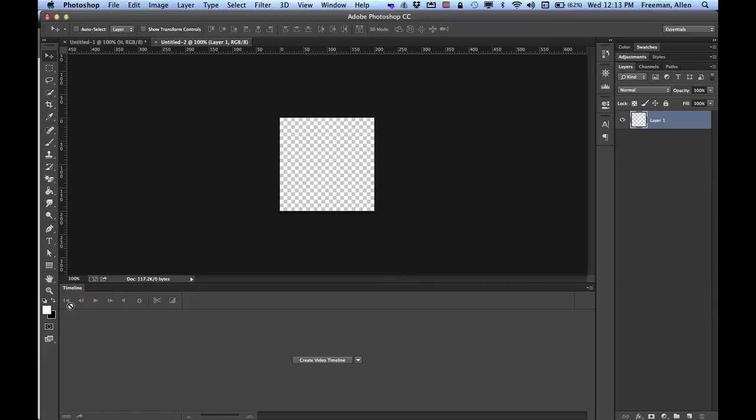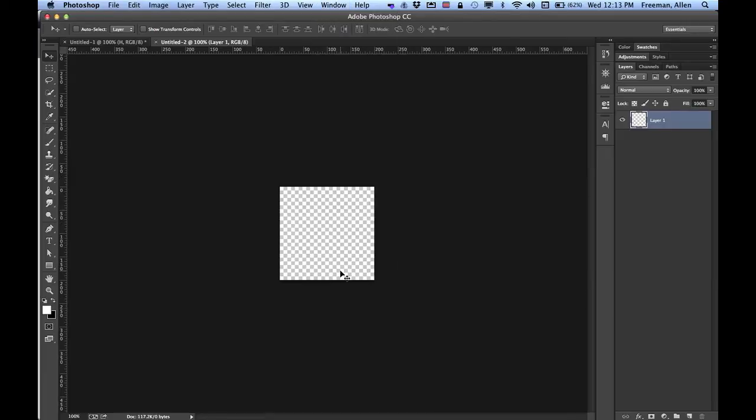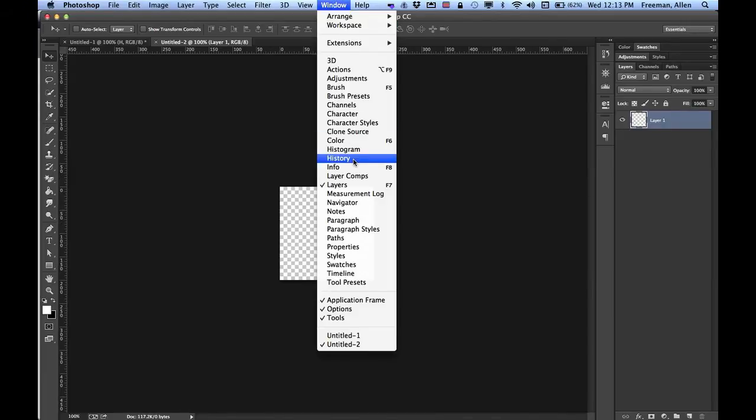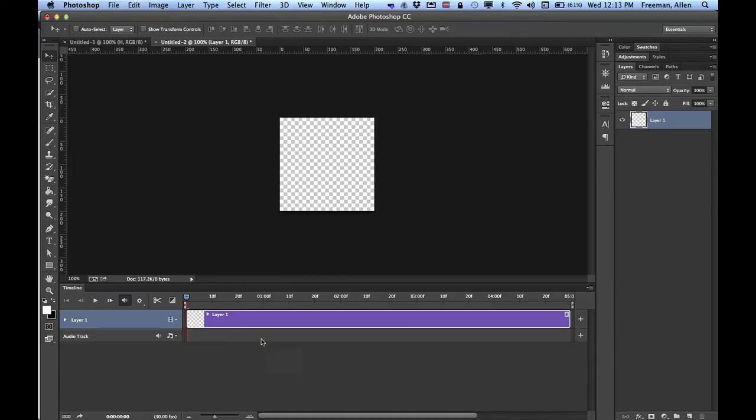And then if you don't have this timeline showing, what you need to do is go up to Window and Show Timeline. So click on that and that should give you a timeline, and then we're ready to go. We're going to go ahead and click on Create Video Timeline so that we have a little bit more to do with here. I'm going to grab the text tool, single click on that, and with the text tool